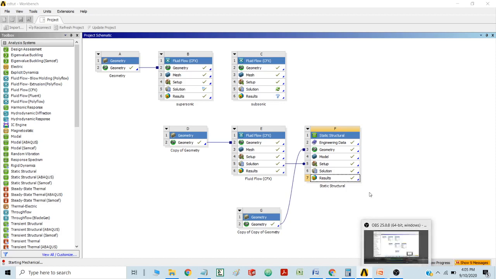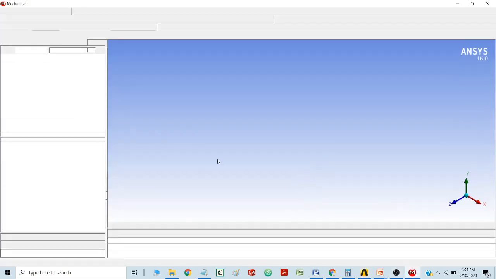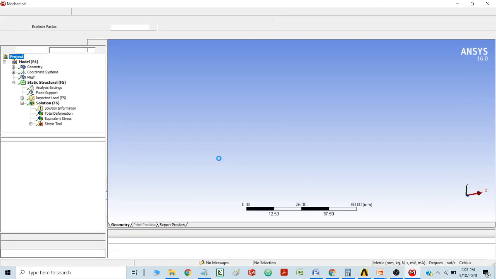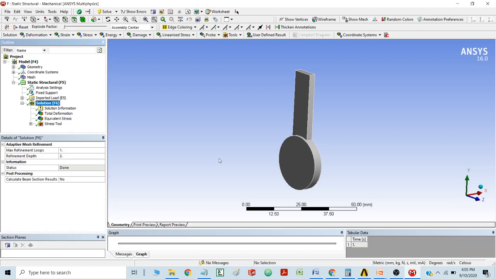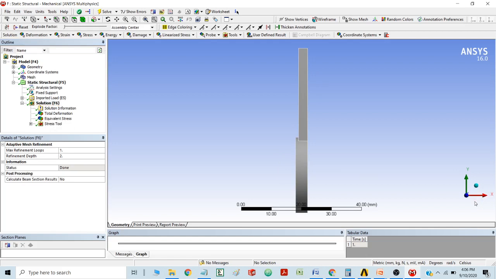So I'm opening the result of the structural analysis I have done using the result of the previous analysis. Okay, be sure of one thing, that you must have a boundary of the same name that you want to transfer in the other analysis. That will help you to remember that the data has been transferred, or that the right data is going to be transferred on the surface. Now this approach was very simple actually.